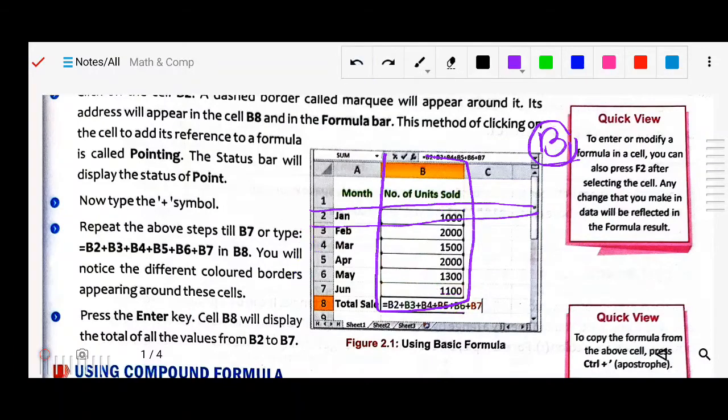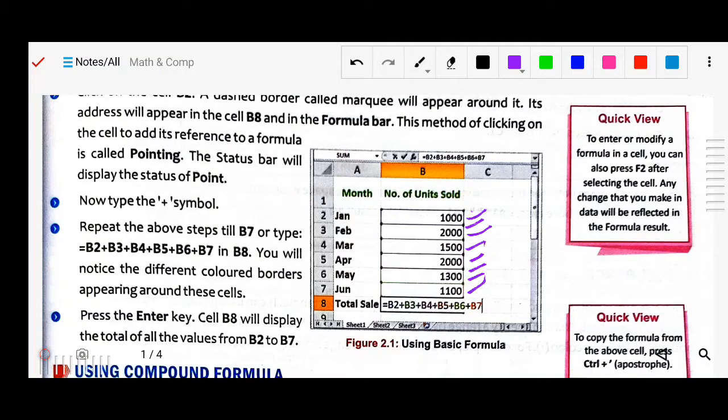We have to get the sum of all this given data. So how will we do it? First of all, in this spreadsheet you have to enter these names, and this, like January, has a value of 1000, 2000 and so on. So how will we perform the first operation? First we will start with the formula. All this given data is already inputted. Now we will get the sum total in this particular cell, where we want the total.